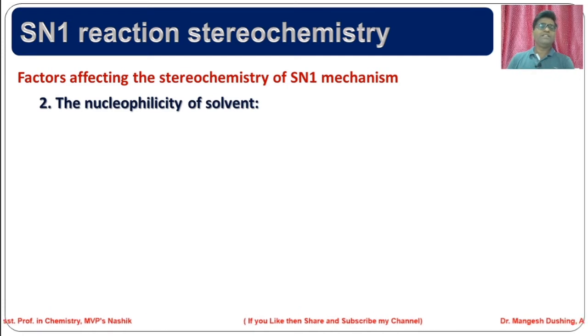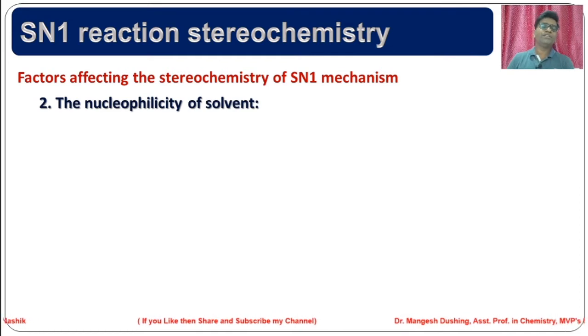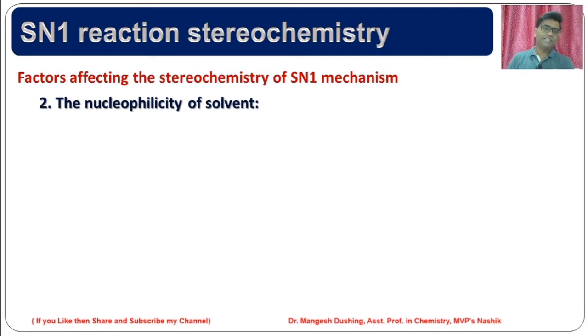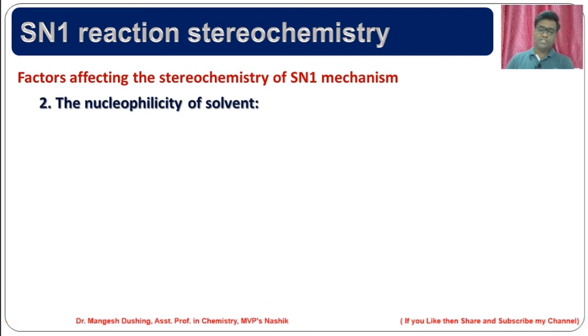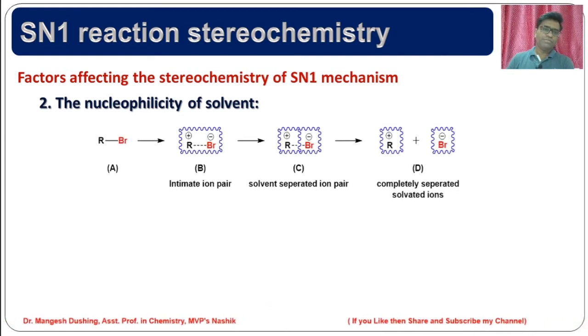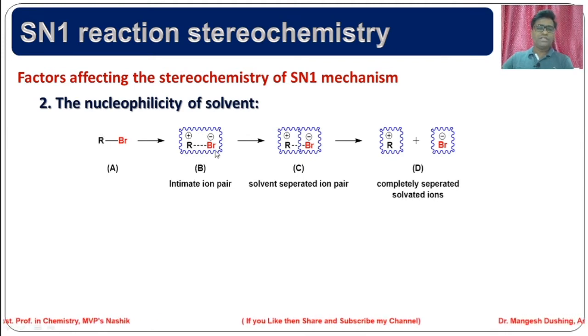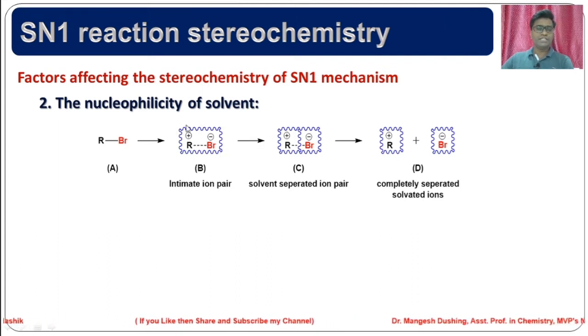In an SN1 reaction, whatever the solvent is, that solvent also acts as a nucleophile, because for dissociation of the starting material, that is the carbon-leaving group bond breaking process, the solvent plays an important role. SN1 reactions are mostly possible in polar solvents. Suppose water is the polar solvent. So these are the stages. Suppose this is the reactant A, then this solvent plays an important part in the dissociation. The solvent provides the energy for this carbon-leaving group bond breaking.